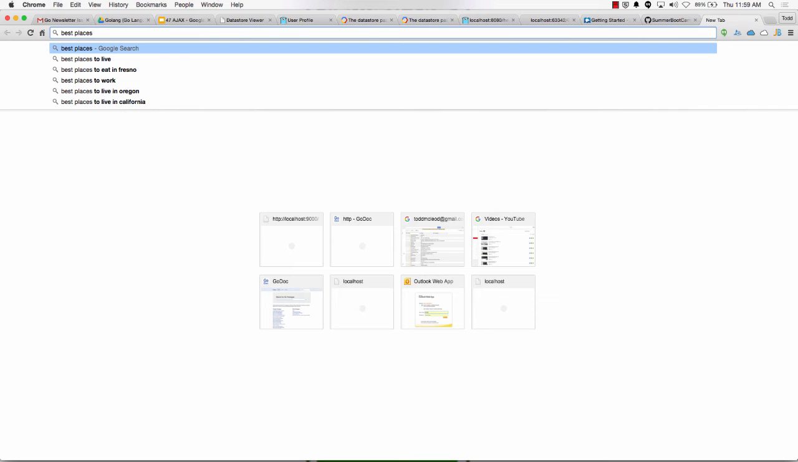As you type, it's sending the information on each key entry to the server. This is what you've typed, and the server's sending back suggestions of what you might be searching for. So that's AJAX right there. Best places to take a vacation, a honeymoon, a road trip, a cruise. So as I type,